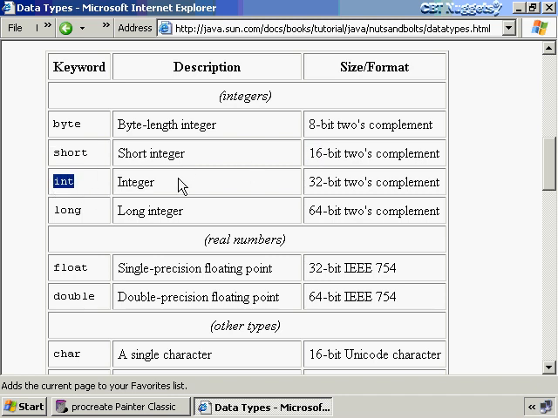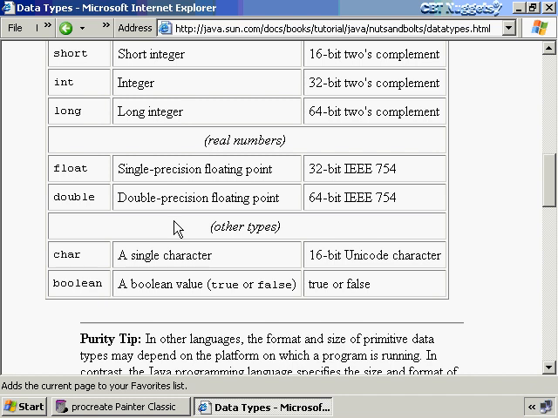The int is used for integer variables, and that's 32 bits. And the long is for long integers, and that's why you'll see it's really big. It's 64 bits. Now, these are the integers. But what about real numbers? Well, then Sun gives me float and double. And basically, the difference between a float and a double is am I using single precision floating points, like decimals, or